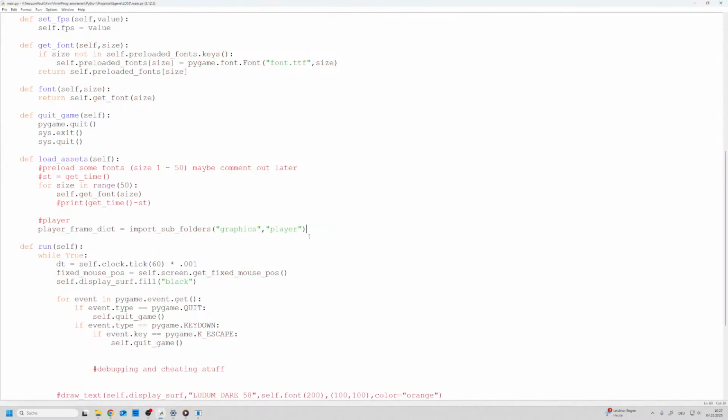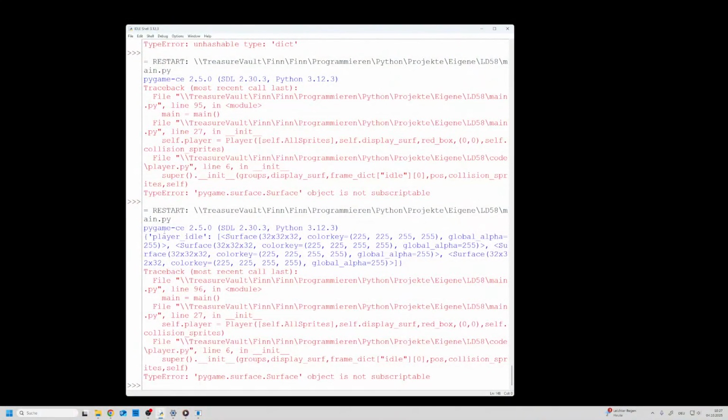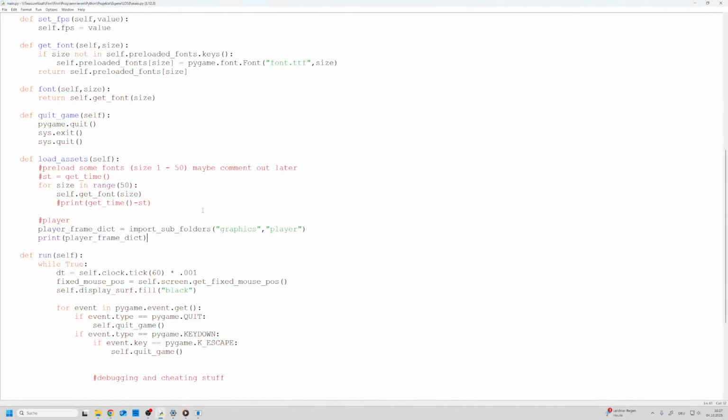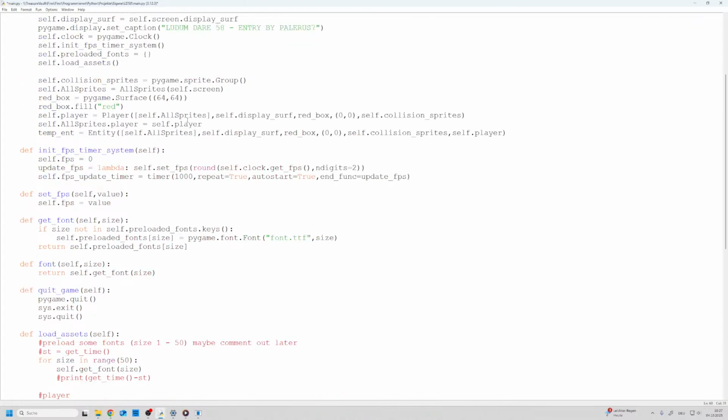Okay, so that should work. Print player frame dict. Just quickly. Yeah, that's perfect. 32 by 32. Okay. And then we can have that be